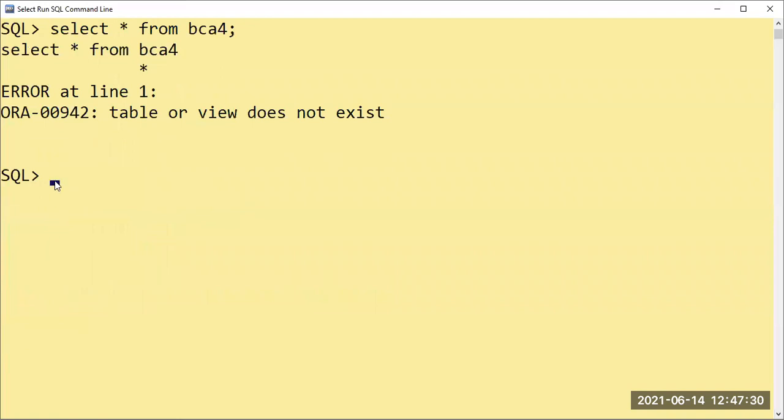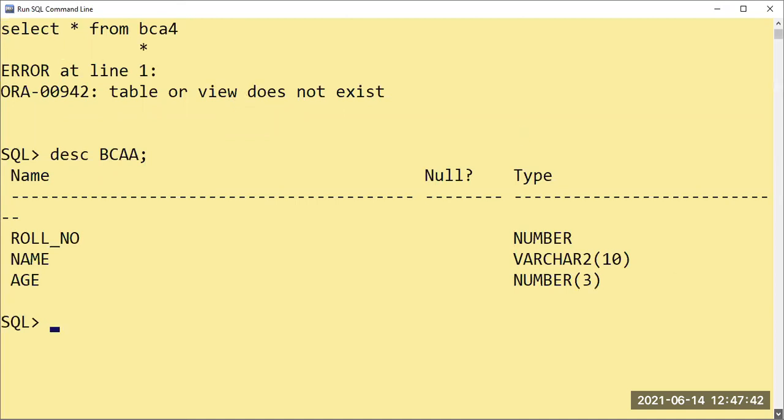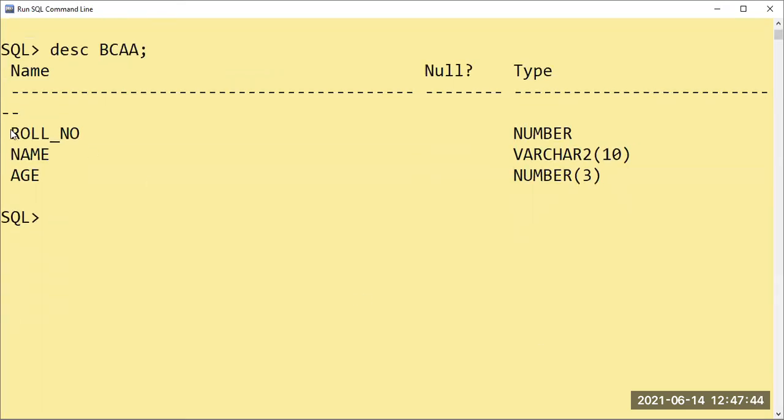And after that, we will check here. Renaming the column. Now let me say describe BCAA division here. The same will come, nothing is different. So in this table, roll number is there. I'm telling you that I'm going to change the column name. Roll number is there, I will say R number here.